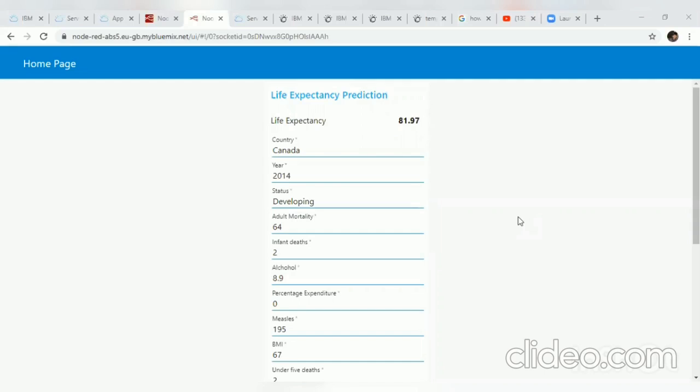So basically this project is divided into two modules. In the first module, we have to build a machine learning model, and in the second module, we have to build a web application. For building the first module, I have used the IBM Cloud and its services, such as Watson Machine Learning Service and the IBM tool Watson Studio. And for building the second module, I have used a Node.js application. So let us get started here.